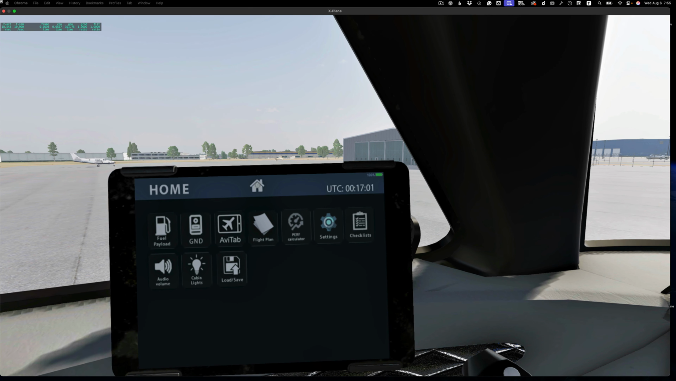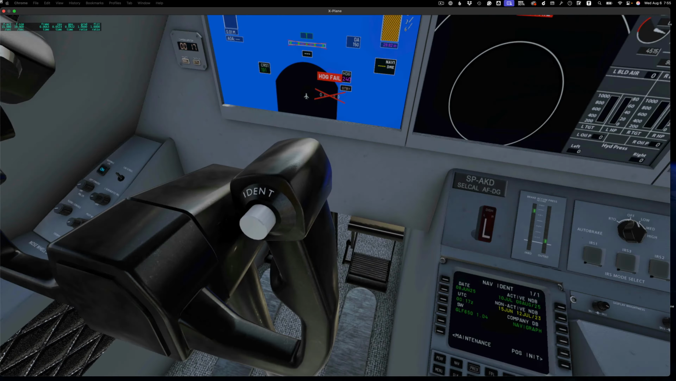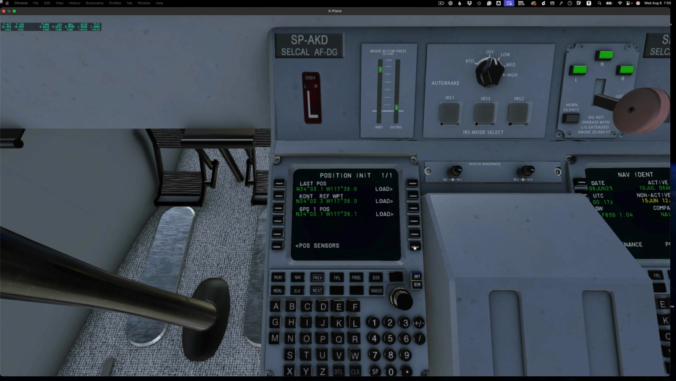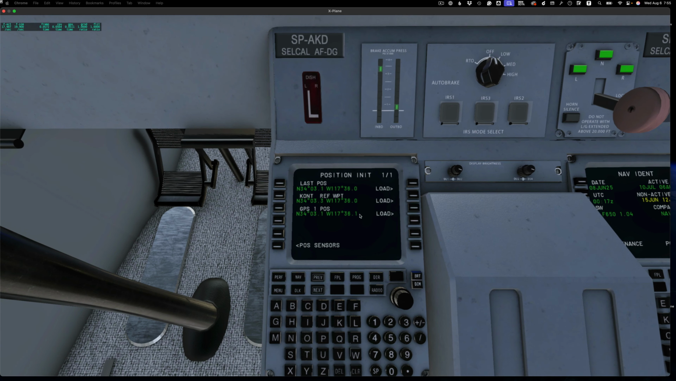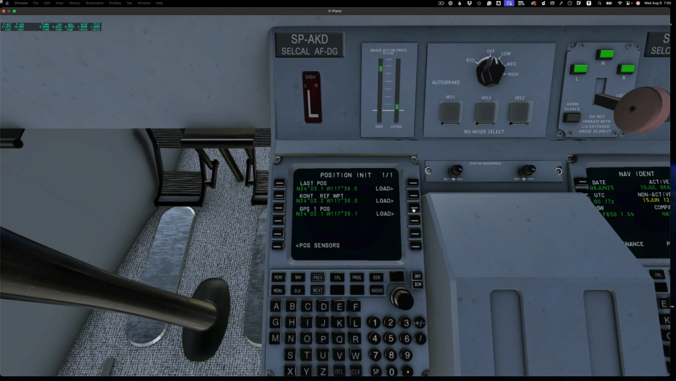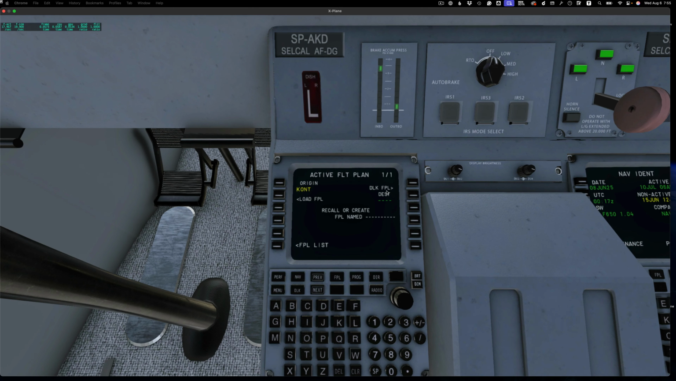Let's head over to our MCDU. Click Pause Ent, and then the GPS 1. So this is the R3 button, and it will say loaded, and then click Flight Plan, and then Direct Link Flight Plan,